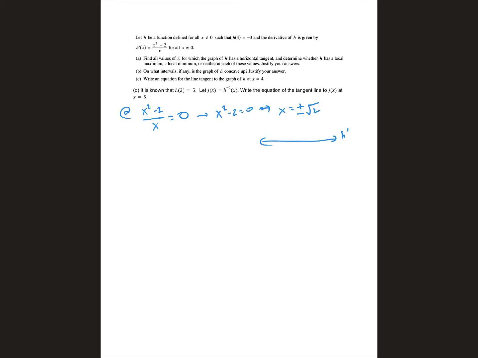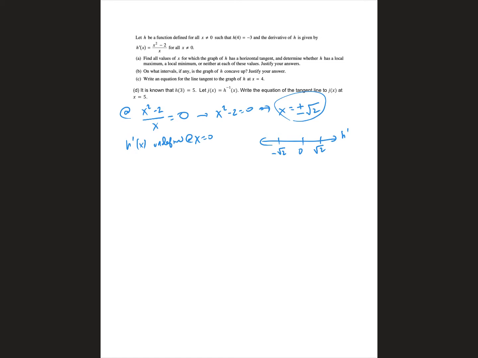You need not only the places where the derivative equals 0, which are these, but the places where the derivative is undefined. And that happens when x is 0. So when I put my things on the sign line, I need to include that 0 because that could make a difference in my sign analysis. So essentially, when I go to plug in numbers and figure out what's going on,